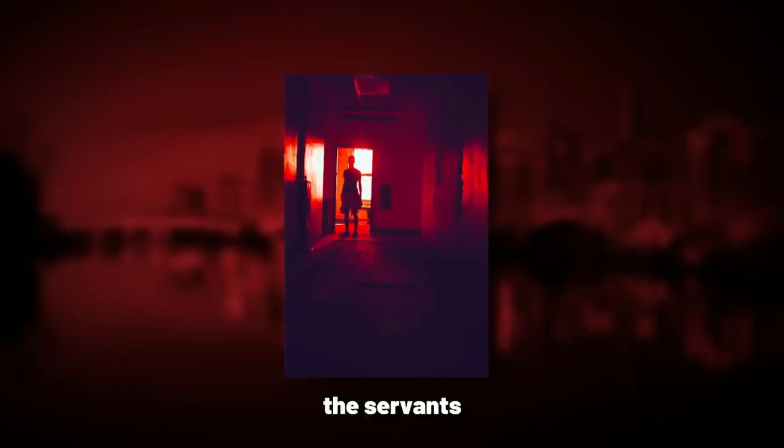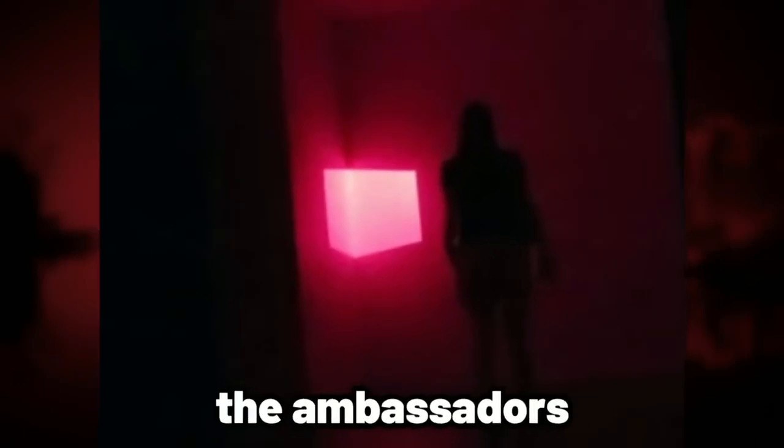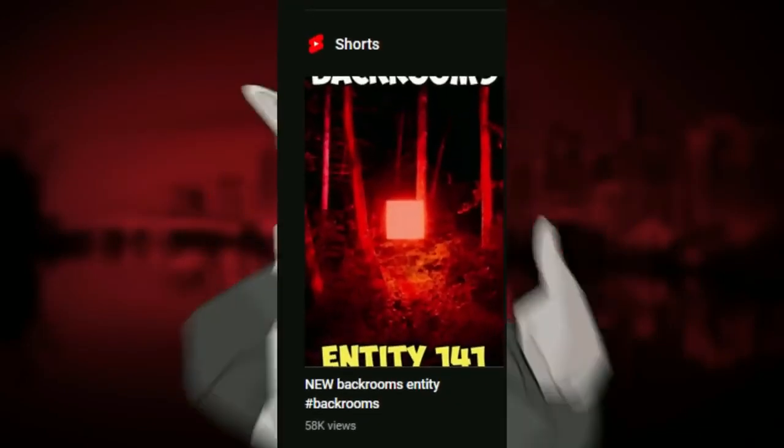So, now as I said in the beginning, this level is infested with entities, but it's mainly just one single entity called the Servants. Now, these Servants are semi-humanoid creatures that have ashy dark skin with red colored eyes. They seem to have some kind of social class system where some are dressed better than others and some are less aggressive than others, some live in better buildings than others, but the Servants are called the Servants because they serve a more powerful race of entity called the Ambassadors, which I'm gonna make an entire entity short on, but